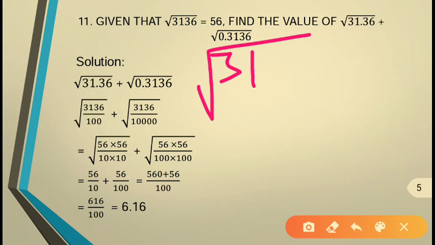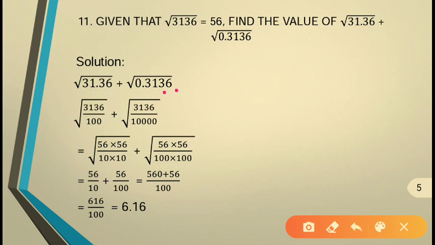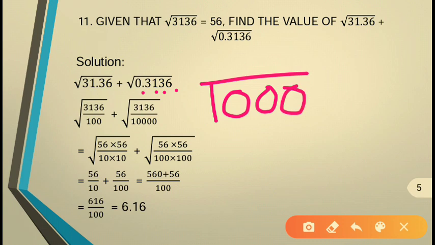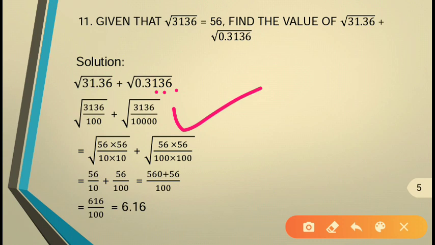Clear? Like that only in the next step also. This is 1, 2, 3, 4. After the fourth digit, the decimal is there. So you will divide by 1 and 4 times 0. Clear? After the fourth digit, the decimal is there. So you write 1 and after that write 4 times 0, and just multiply and divide it. You will get this. Now you can do nothing but a prime factorization.